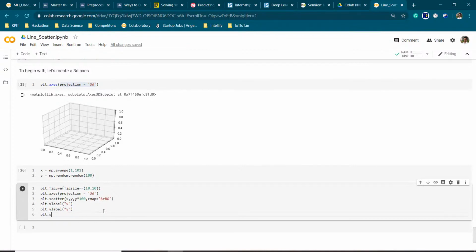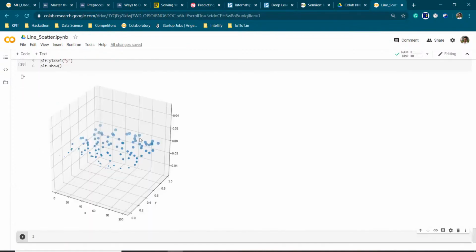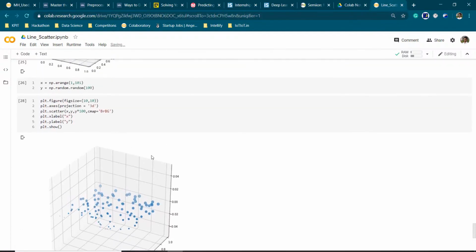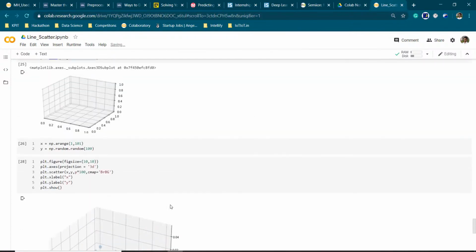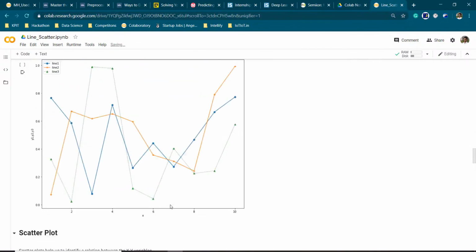Now let us see our graph. So now you can see that our 3D graph has been plotted with smaller values having smaller bubbles at the bottom of our plot and bigger bubbles having bigger values at the top of our plot. So this is the way you can plot 3D plots for better representation.